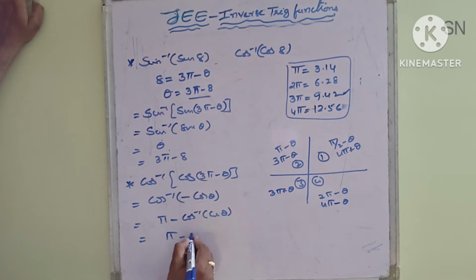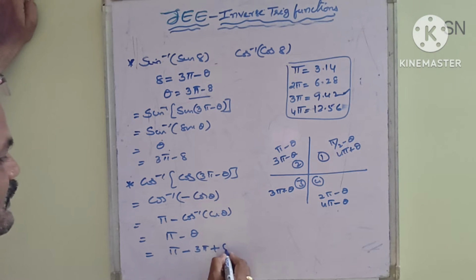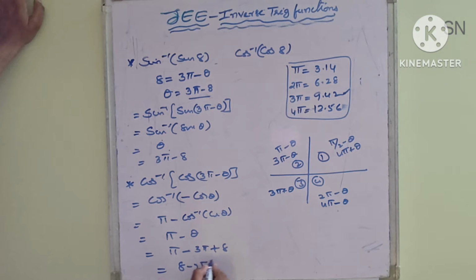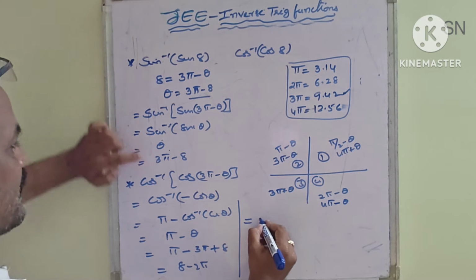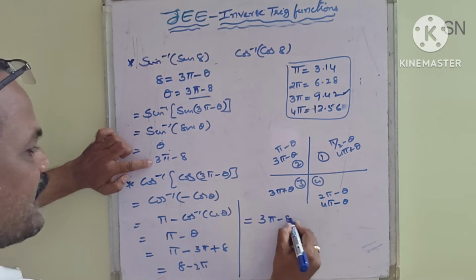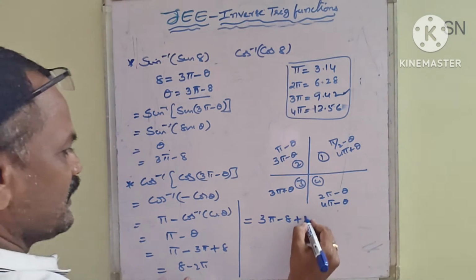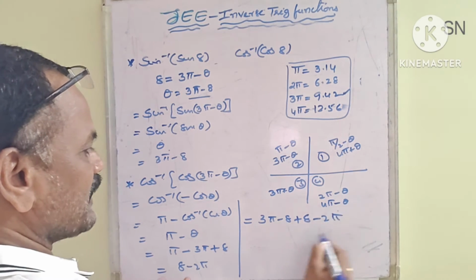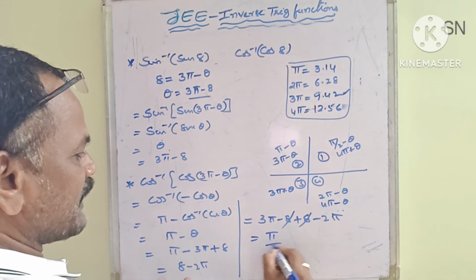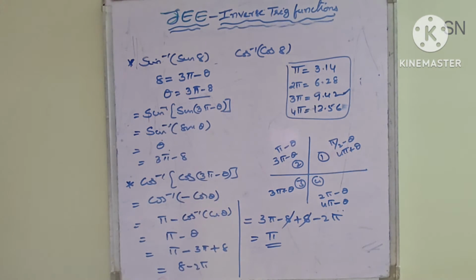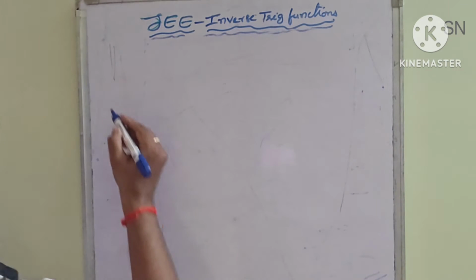Now here pi minus theta. Pi minus, what is theta? So 3 pi plus 8, multiply with minus. Now 8 minus 2 pi. Finally here the answer: sin inverse of sin 8 means 3 pi minus 8, plus here 8 minus 2 pi. Here 8 gets cancelled. The answer is pi. So this is the most important model. Here JEE